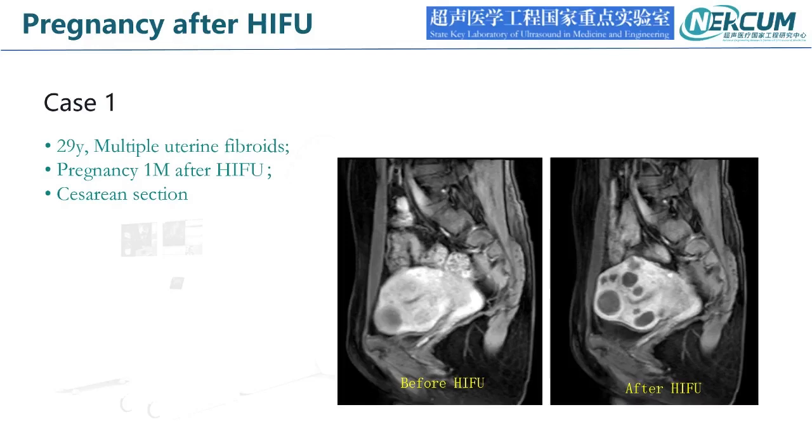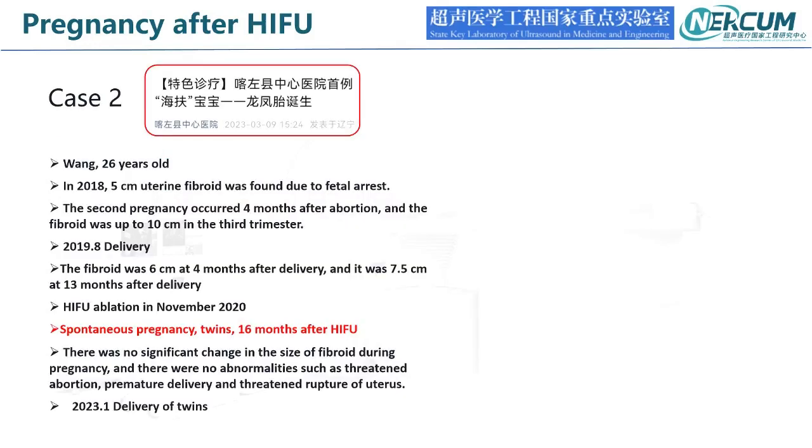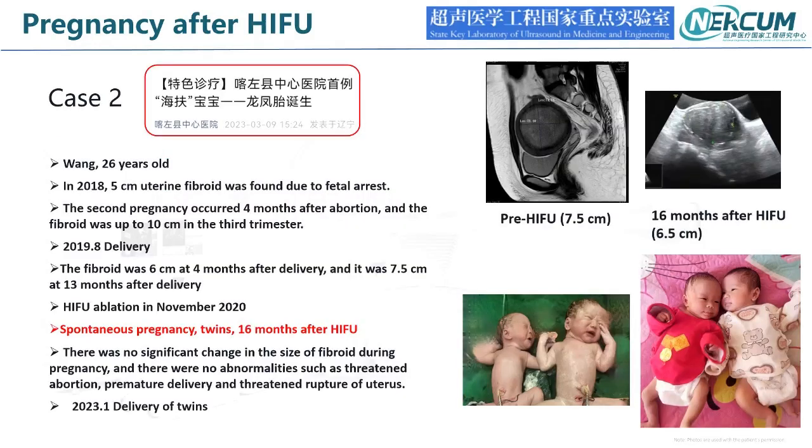So this is the first case, a 29-year-old female with multiple uterine fibroids, and you can see the tumor has compressed the endometrium. It will have an impact on the pregnancy, and we had treatment in advance, and finally she had